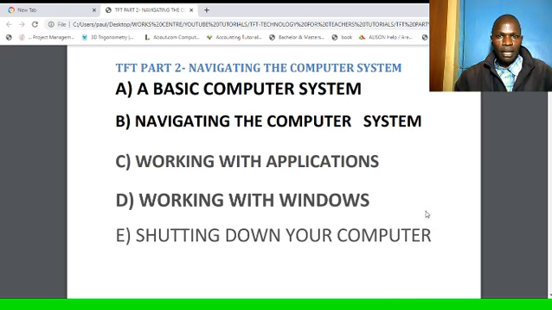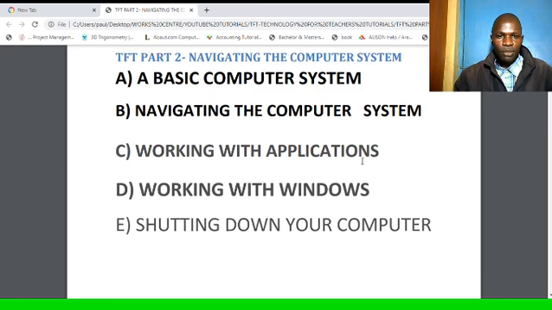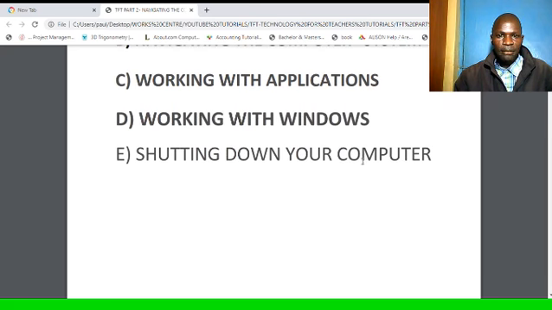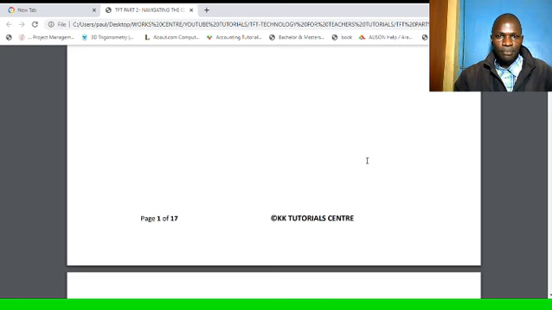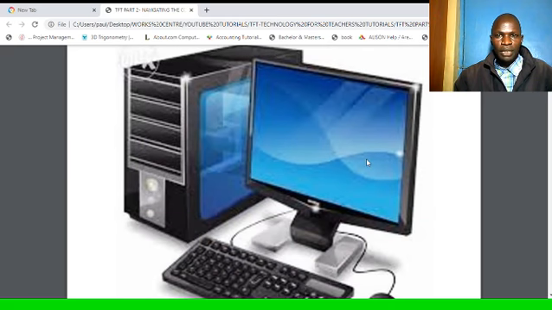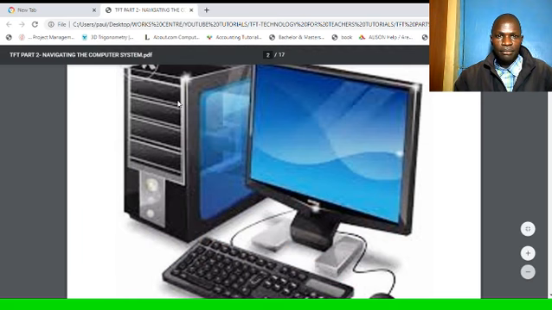So items of this tutorial that we'll go through include A, a basic computer system, a diagrammatic representation, and then B, navigating the computer system, working with applications, working with Windows, shutting down your computer. So a basic computer system looks as shown in this diagram,